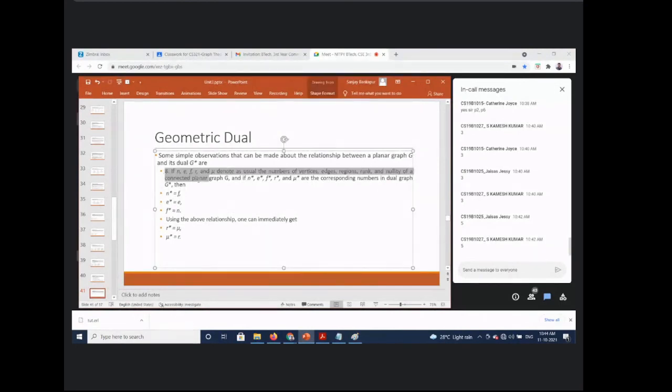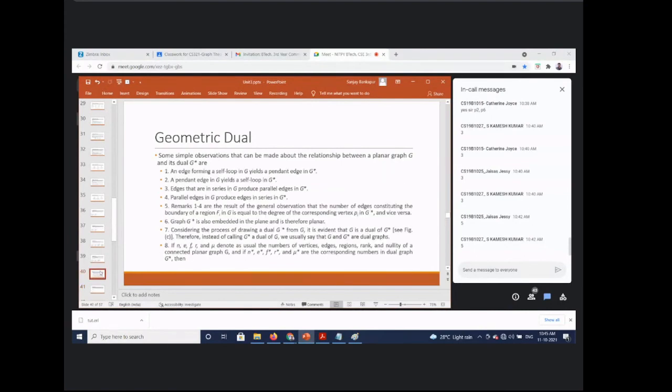Right? Being this, then this, we did cross-check about the number of vertices becoming regions, number of regions becoming vertices, and it just remaining the same. However, if you closely observe, even rank and nullity are exchanged. Okay, so these are the 8 quick and important observations about the given graph and geometrically dual graph.